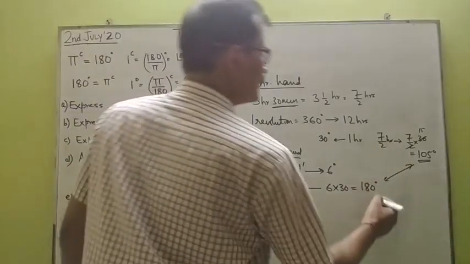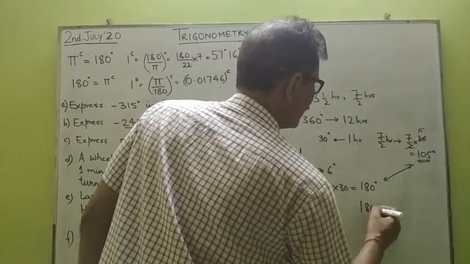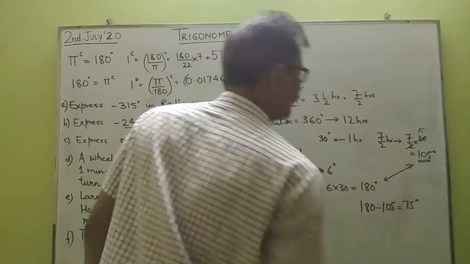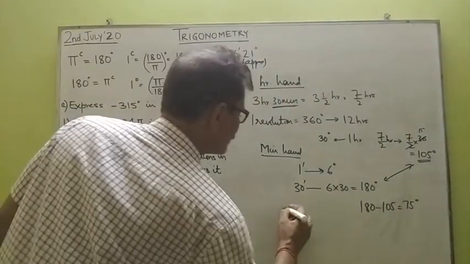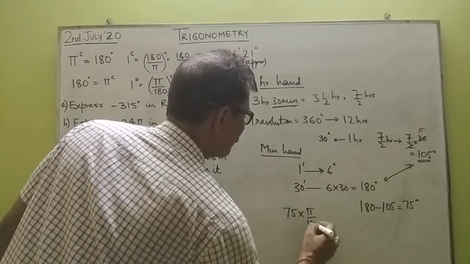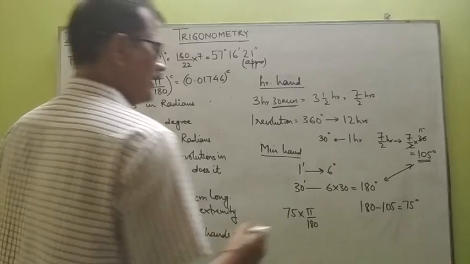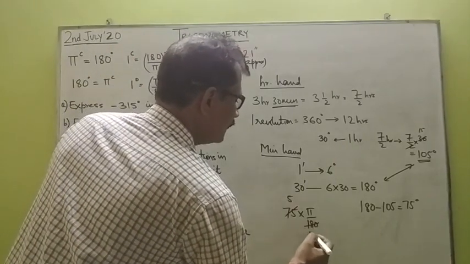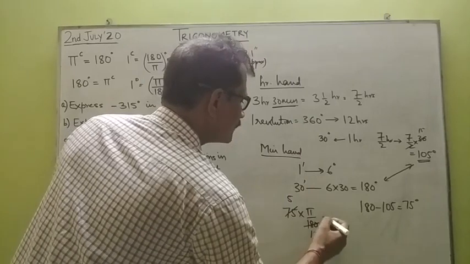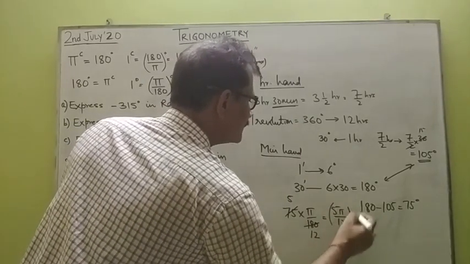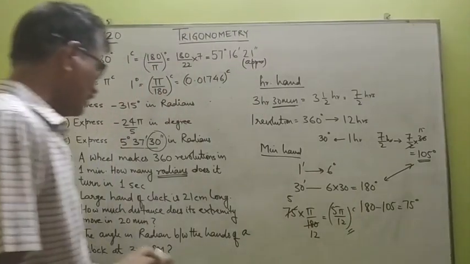So the angle between them is 180 minus 105, which is 75 degree. Now 75 degree changed to radians becomes 75 into pi upon 180. Dividing by 15, 15 5s are 75, and 15 12s are 180. So the answer is 5 pi by 12 radians is the angle between the hands of the clock at